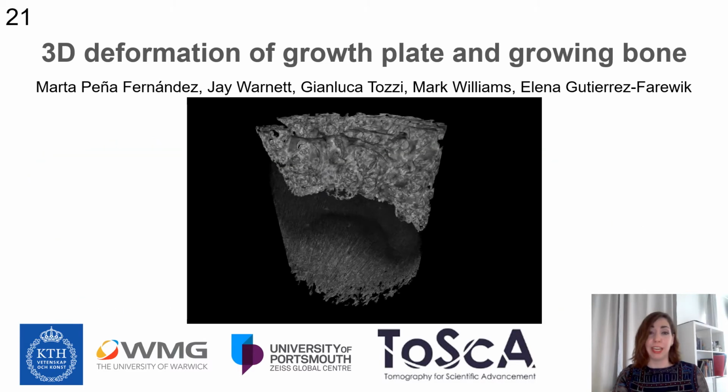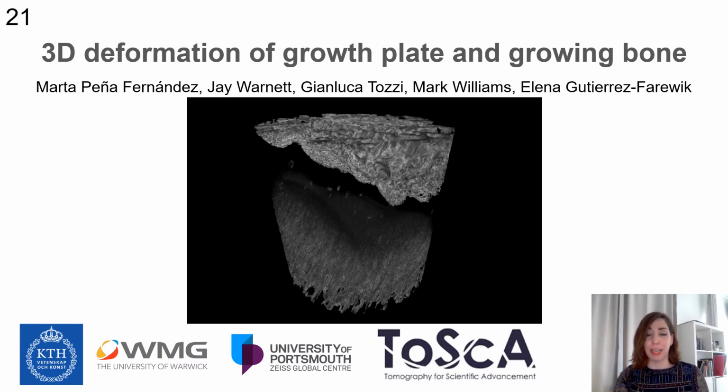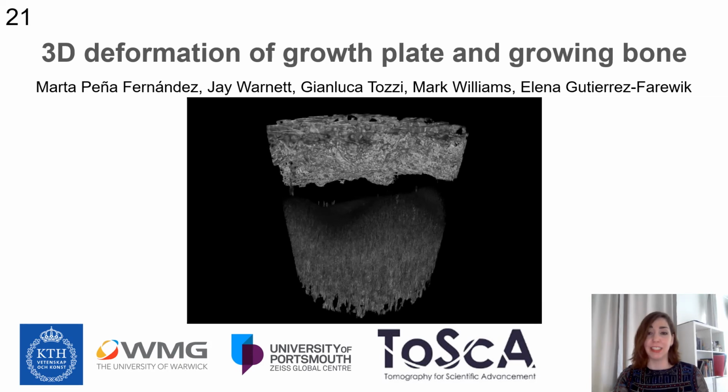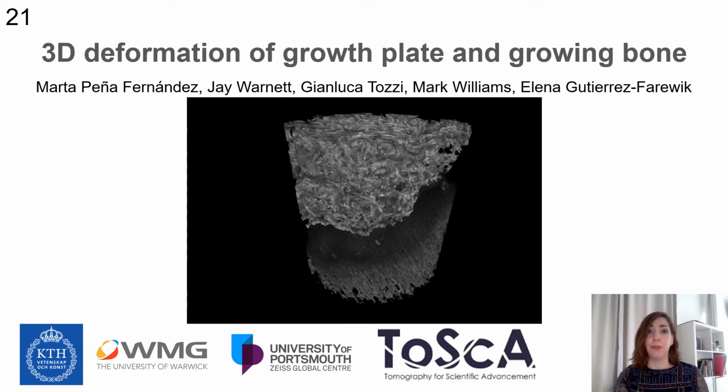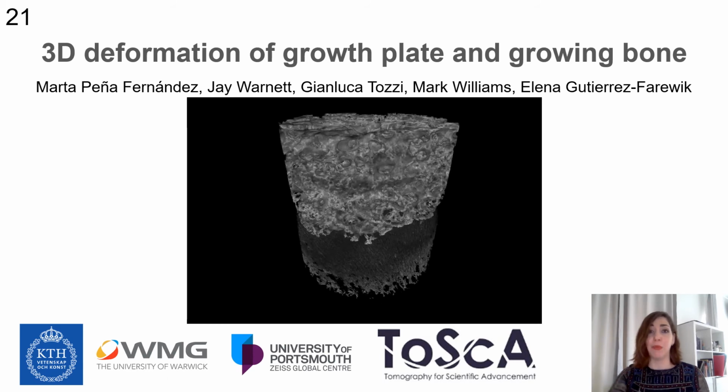Finally, we will be using high-resolution micro-CT and in situ mechanics to investigate such strain concentration in the mineralized cartilage and the newly formed bone at tissue level, to further explore its role as a mechanical stimuli during long bone